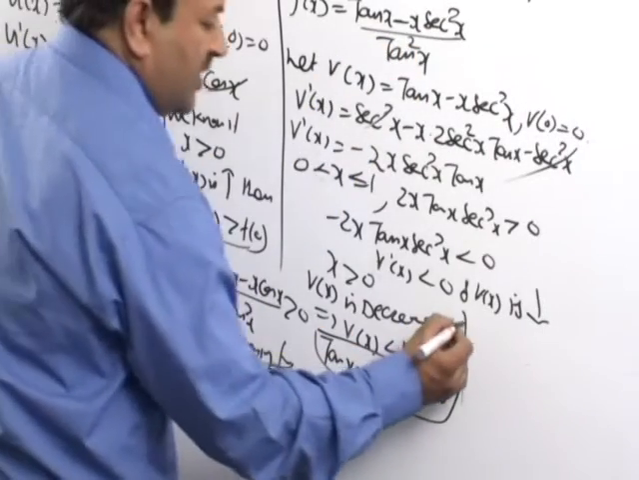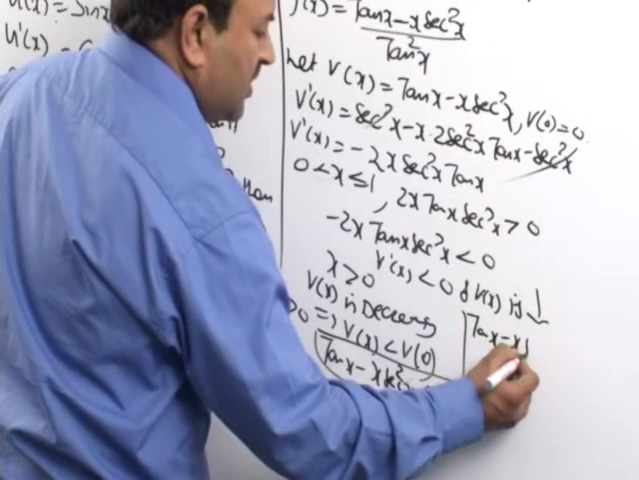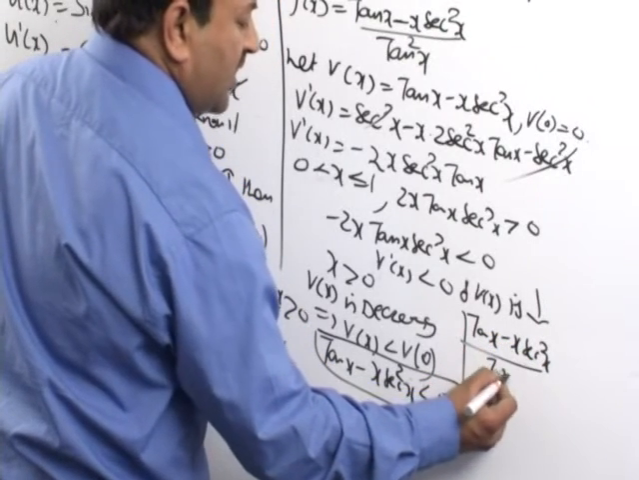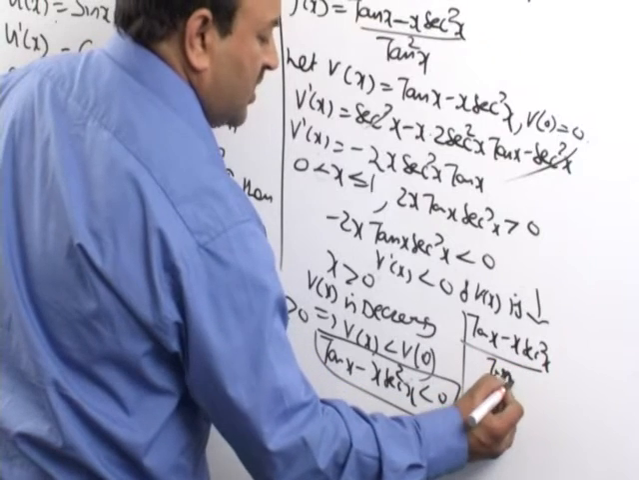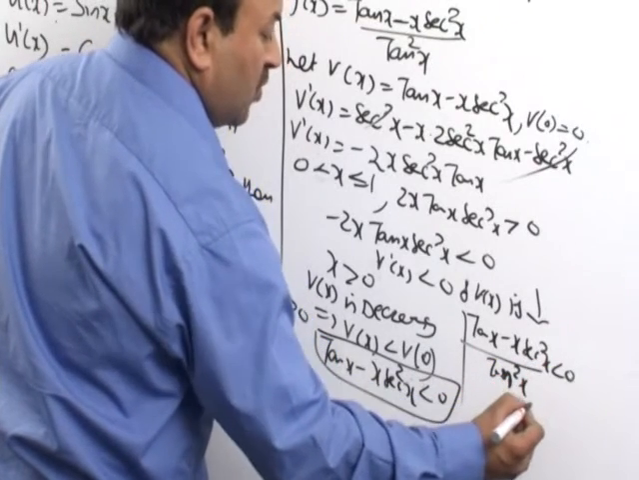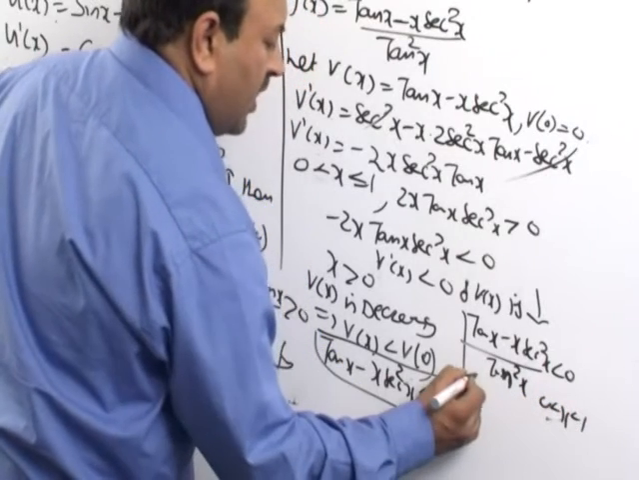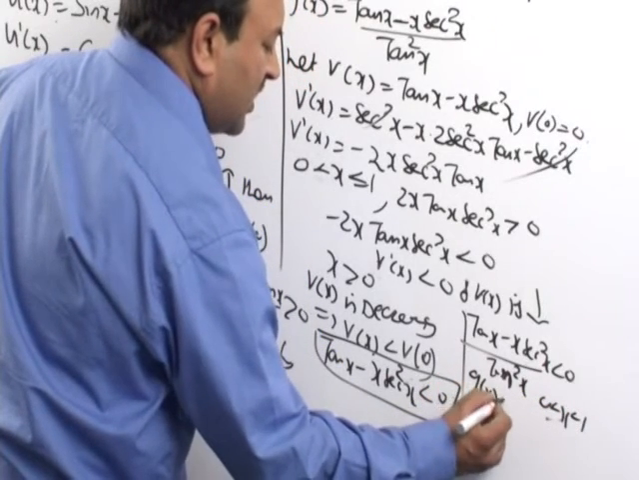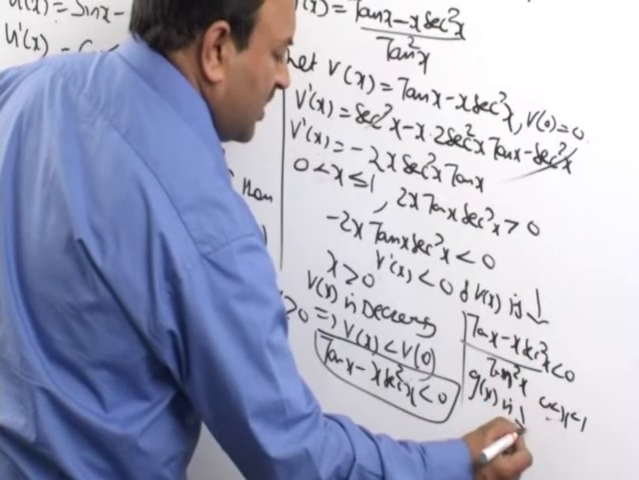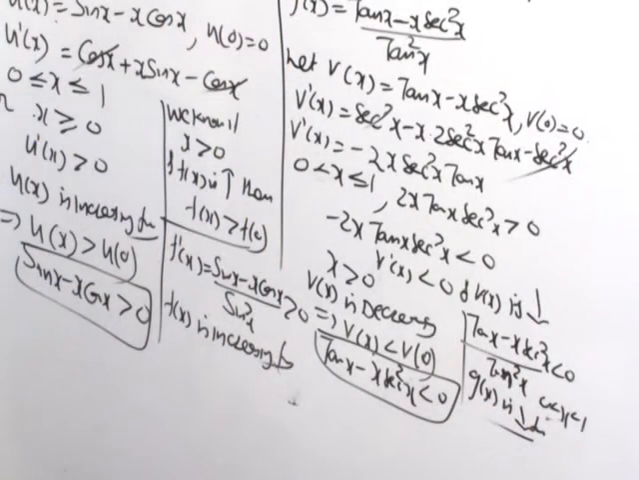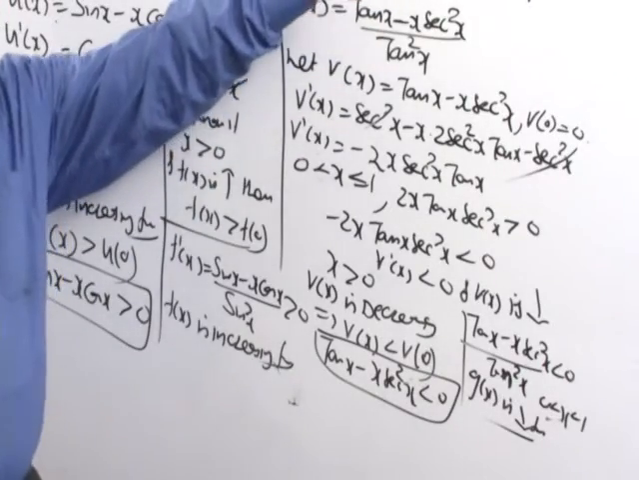So I can say (tan x minus x secant square x) over tan square x is less than 0 for x lies between 0 and 1. That means g(x) is decreasing. g(x) इज डिक्रीजिंग फंक्शन। सो हमारा आंसर क्या बना, f(x) और g(x) both are increasing, गलत है